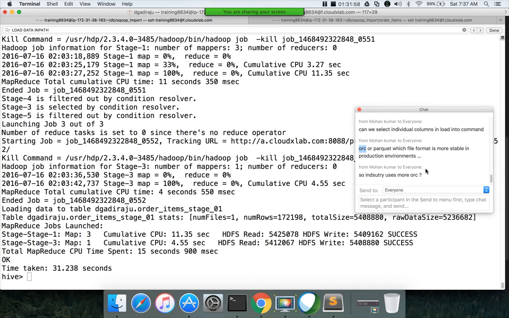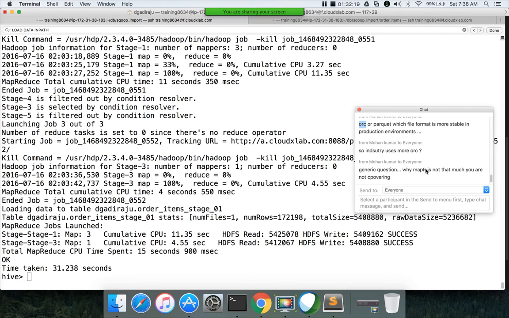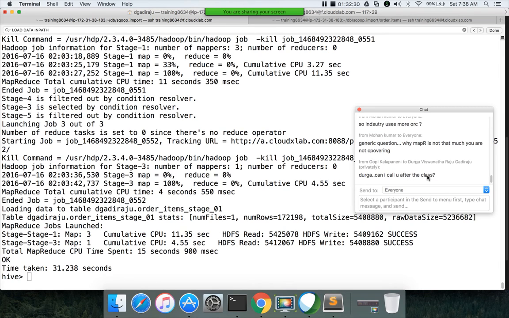So any other question? I can take a couple more questions before wrapping up today. Okay, so what we will do is, next class we will just define a problem statement and try to write a little bit of a complex query to cover SQL very quickly in Hive, and then we will start talking about Spark. So make sure you join from next class because I will be starting on Spark from next class.